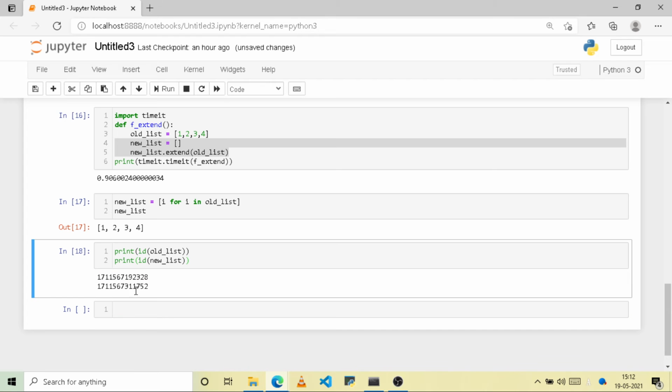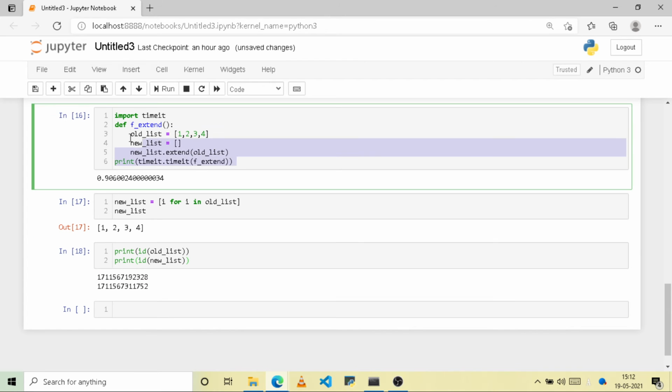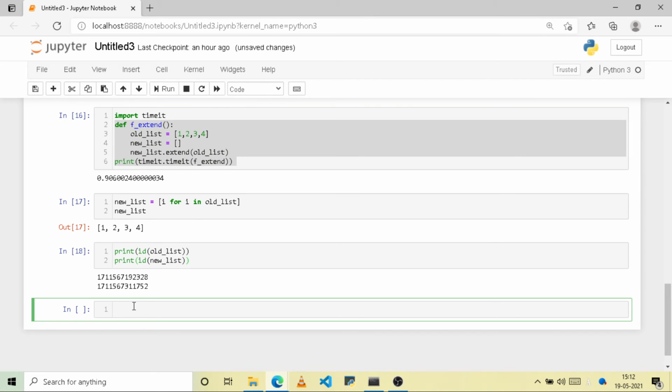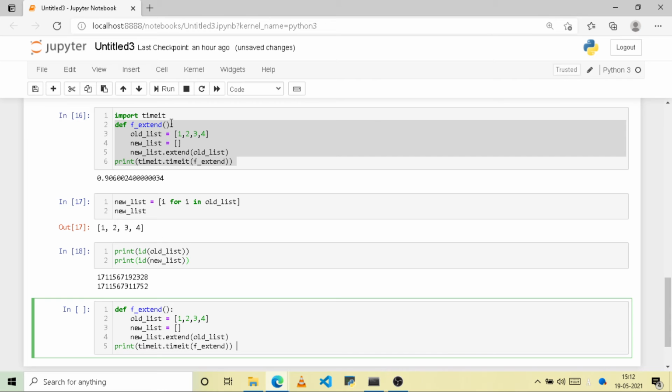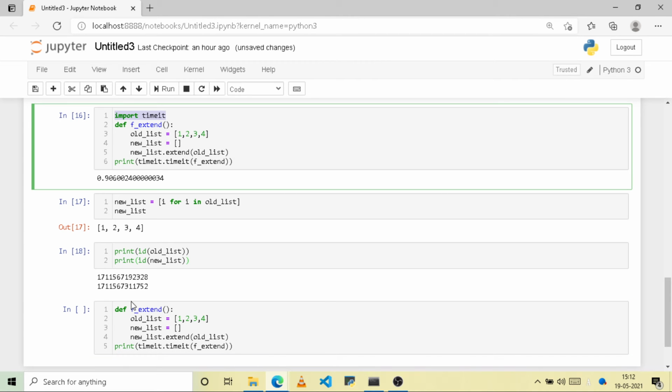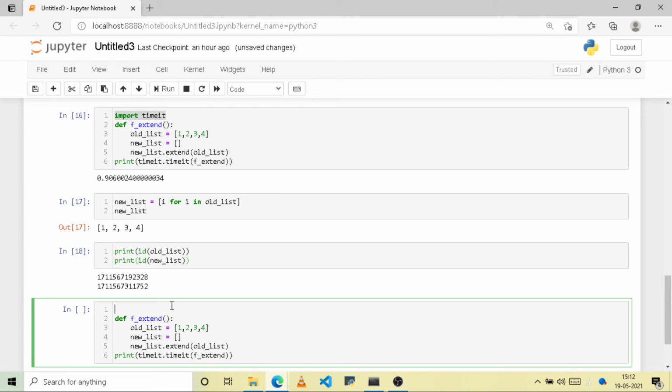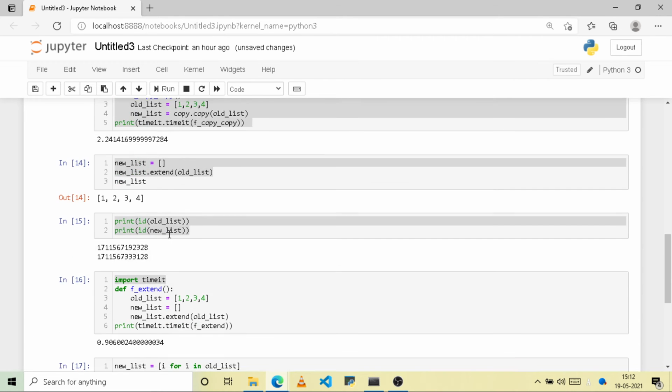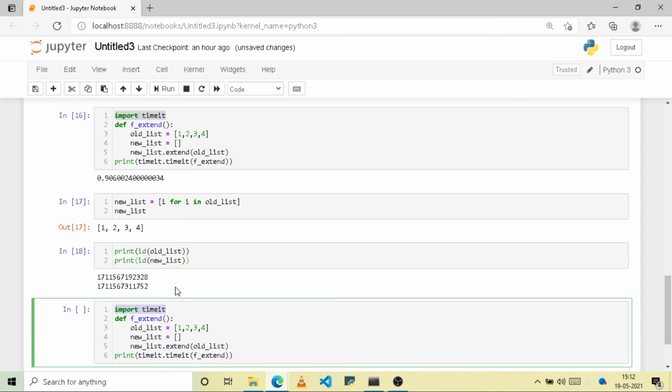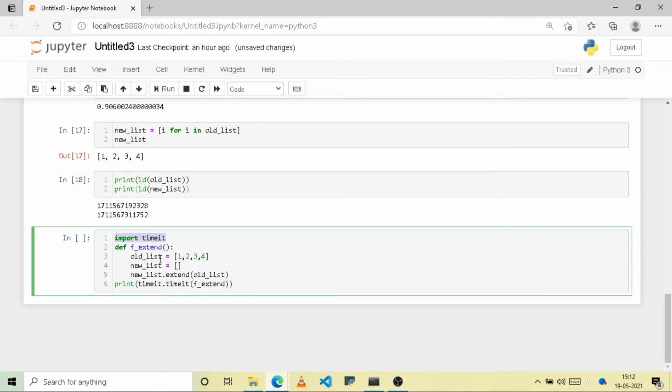Yeah, both refer to different locations. Sorry, this import line is not required because I have already imported it above. You only need to import once in this Jupyter notebook.